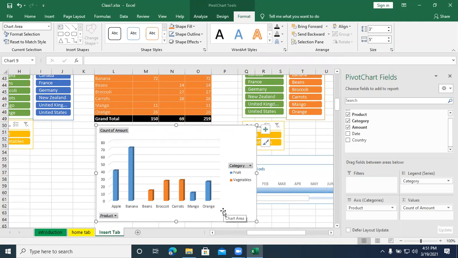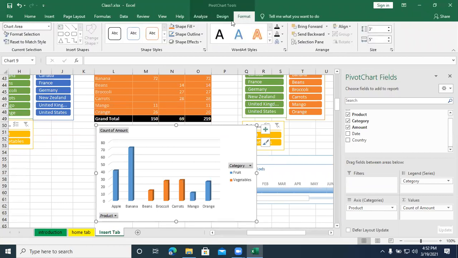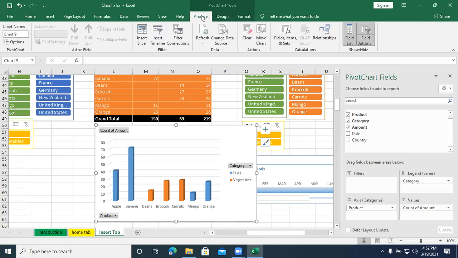For this chart, if you want to modify, it is easy to modify. Once you insert any chart, you will be getting 3 different types of tools again: analyze, design, and format. These 3 tools will appear. Analyze is the same as pivot table analyze only. So you can give a chart name here.